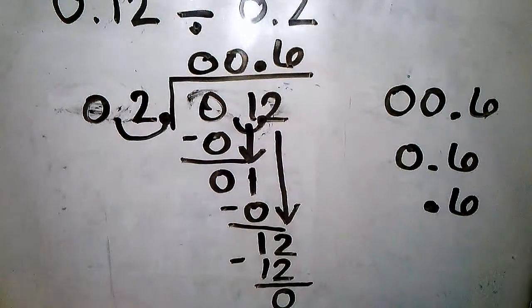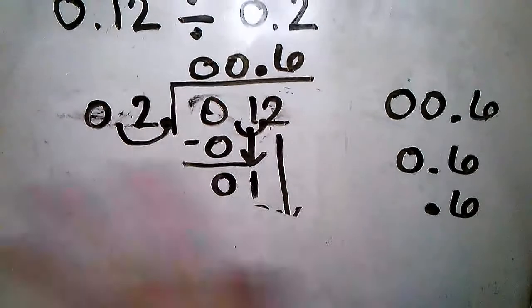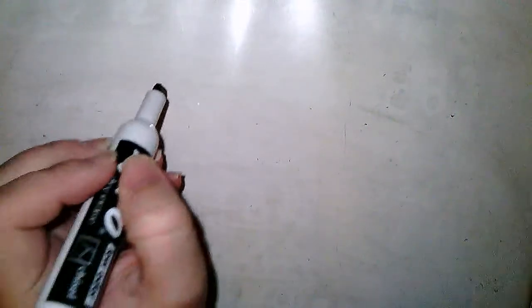Okay, and I'm going to show you a second example with division because that one can be kind of tricky. So with multiplication, forget about the decimals until the end. Right? Multiply as if they're whole numbers. You can go back and add the decimals at the end. With division, we want to actually get it to be whole numbers before we start. So, for example,